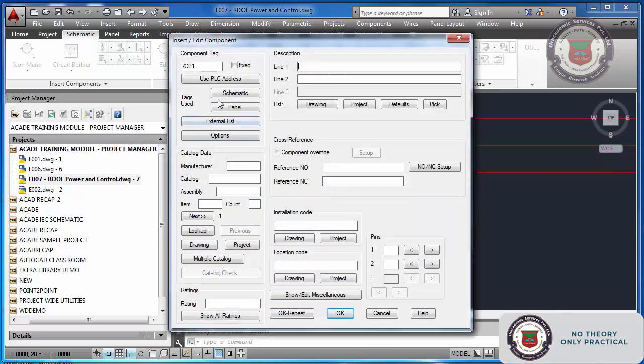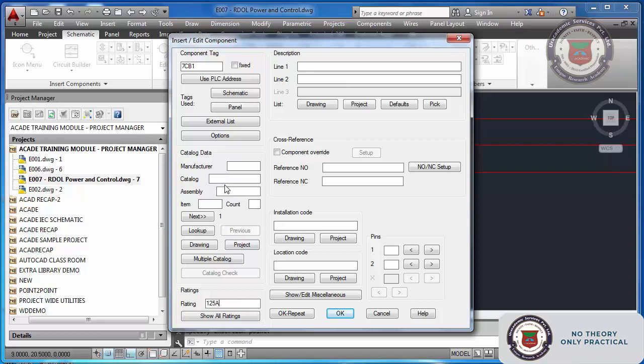Down. The tagging I have already shown you, how to put this prefix in the circuit breaker. I mean, whatever component it is. This is the family, CB. CB is the family circuit breaker that will come as a default, and you can see this 7 comes here because I have set the prefix as 7 as sheet number. That's why it is coming. I am not bothered about the descriptions and all. Now I am just putting a rating, 125 ampere circuit breaker.